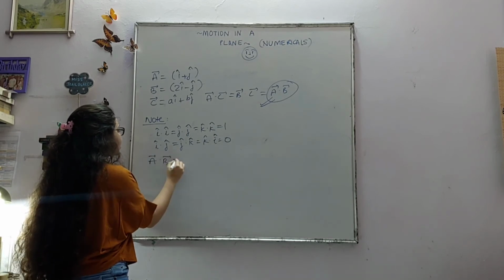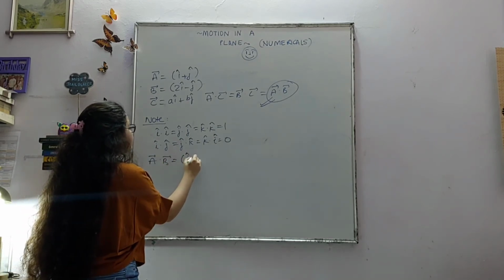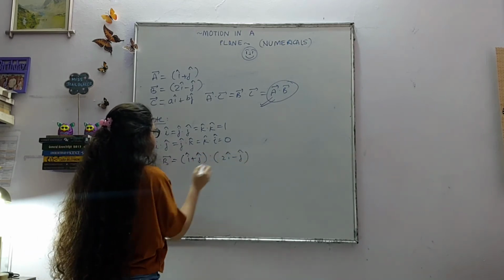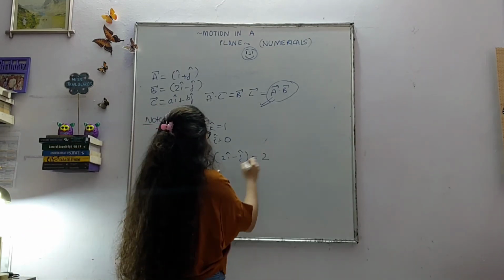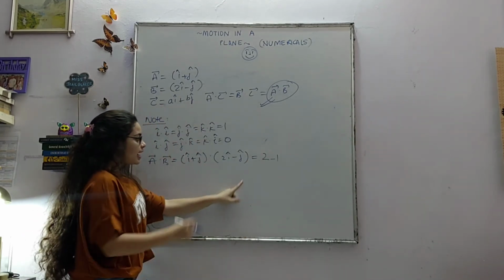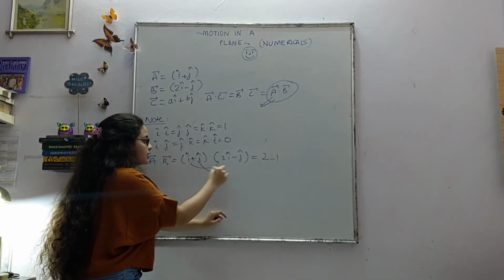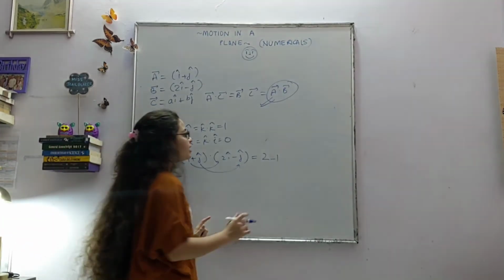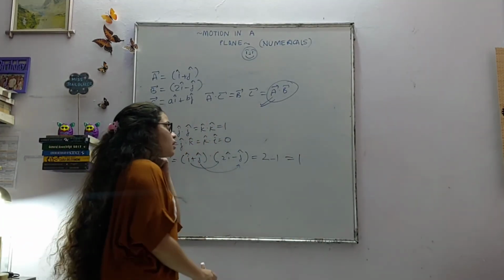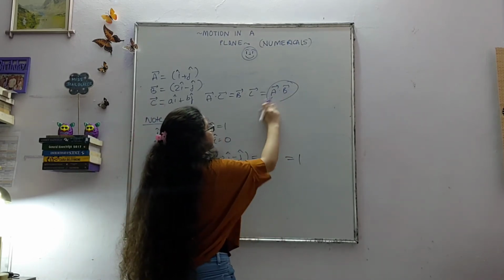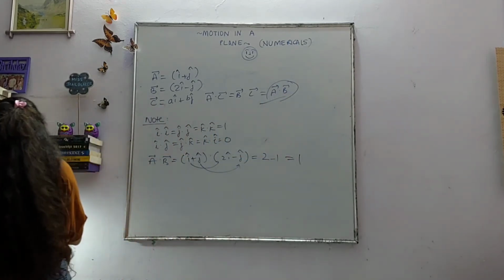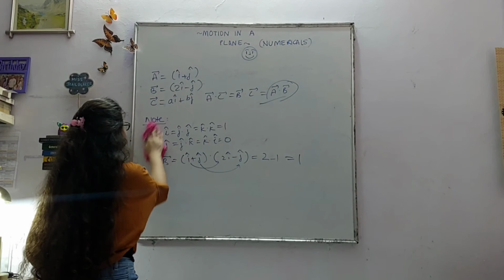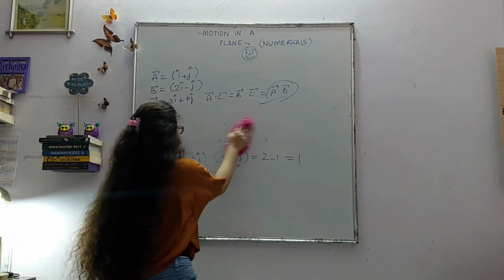A vector dot B vector is equal to i cap plus j cap dot 2i cap minus j cap. So i into 2i, 2 minus 1, right? I hope it's clear. This into this, because i into j is 0, j into i is 0, so I am not going to do that. So 2 minus 1, 1. Great. We found this value, successful. Done. Next, let me find, should I rub this? I hope you have all written this note and I'm just going to rub it off. Okay.